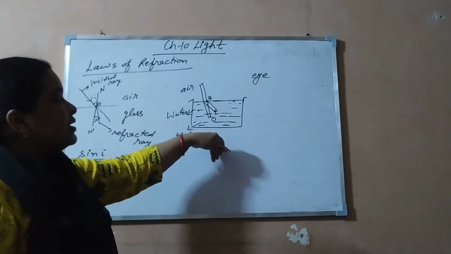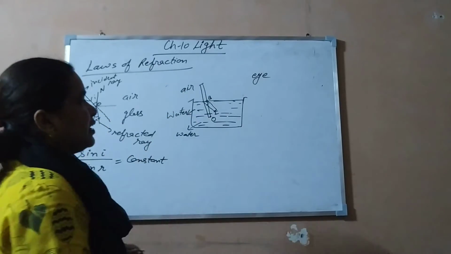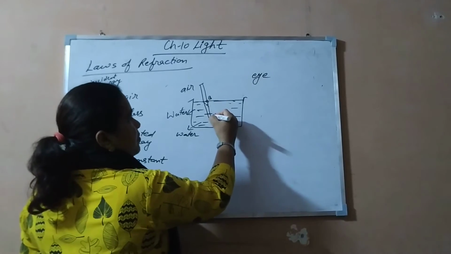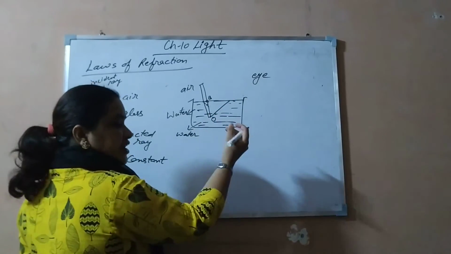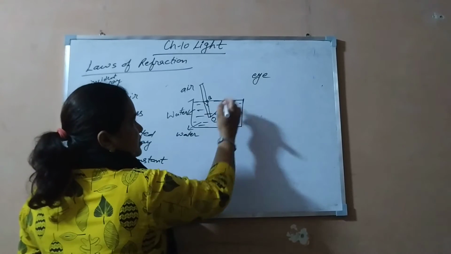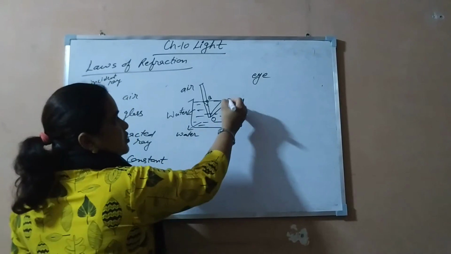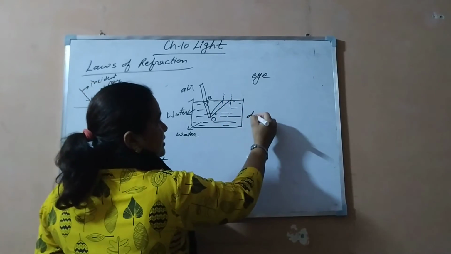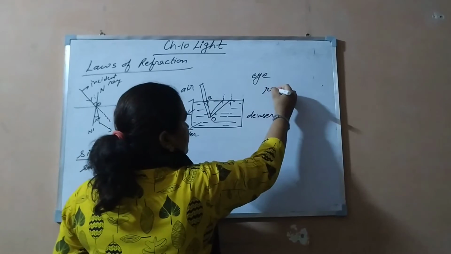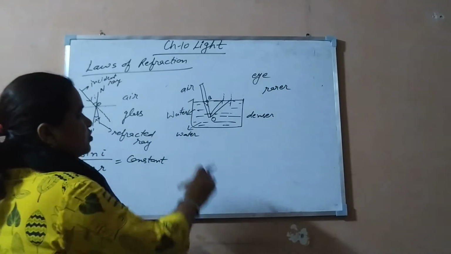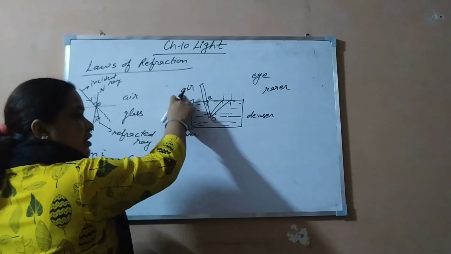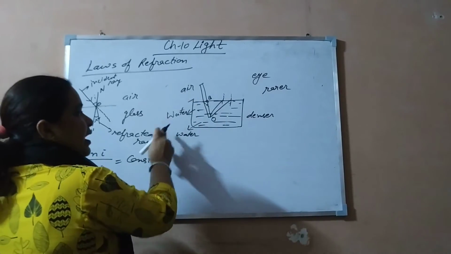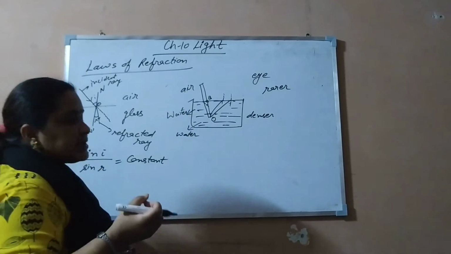Why did this happen? This happened due to the phenomenon of refraction. Let us see the ray diagram now. From the point O, rays will go from here. Let us take two rays first. The rays are coming from which medium? From the denser medium to the rarer medium. We know that the speed of light is maximum in vacuum, 3 into 10 to the power 8 meters per second, and in any other medium, even in air, it is slightly less than that.